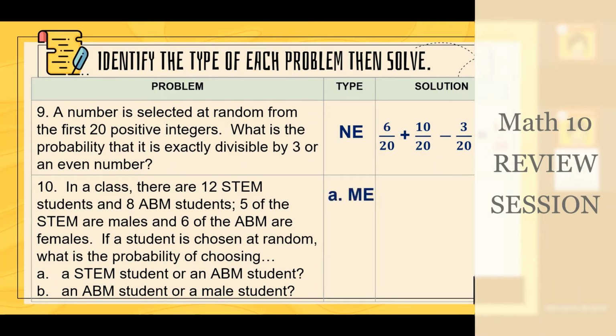So it's ME. Mutually exclusive. Kasi there is no STEM student and at the same time ABM. Hindi pwedeng dala-dalawa. So it's mutually exclusive. That's why you have 12 over 20 because there are 12 STEM students and there are 20 students in all, plus 8 over 20, the number of ABM. Equals 12 plus 8, 20, and then over 20. Okay, the probability is 100%